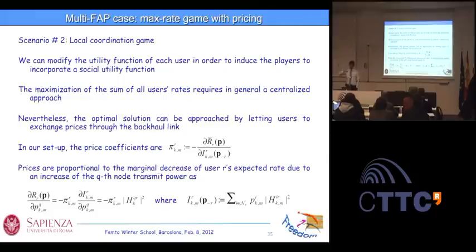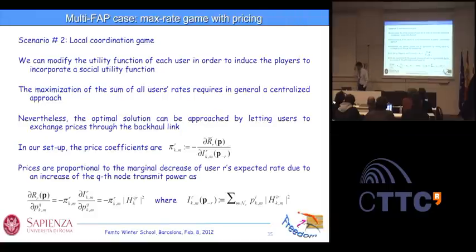Okay. So what happens is the following: if you want to make your equilibrium more and more efficient, you should take into account, when you choose your own strategy, the damage that you do to the other people. I'll try to put it differently. Every time I transmit over a certain channel, of course I'm also generating interference to the others. So if I take into account the extra interference that I produce to the other users when I do my own maximization, probably I will do something better than in the purely competitive case. Actually, this can be proved.